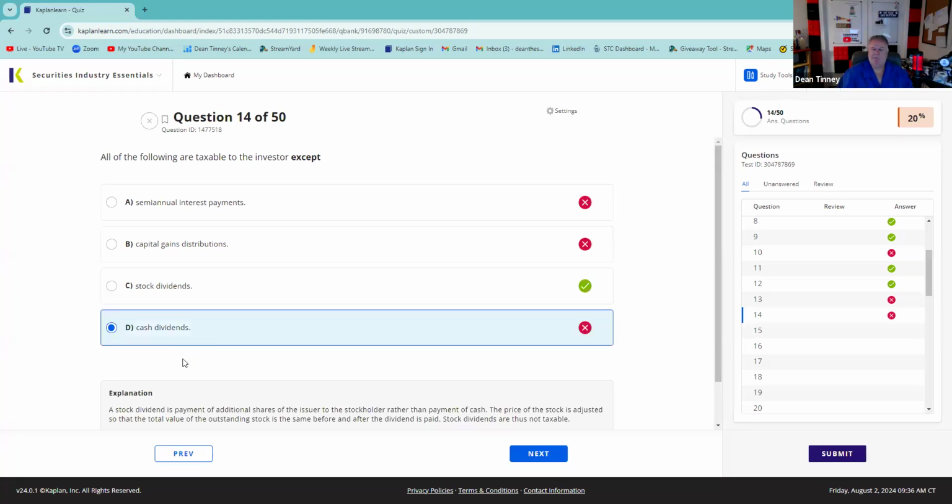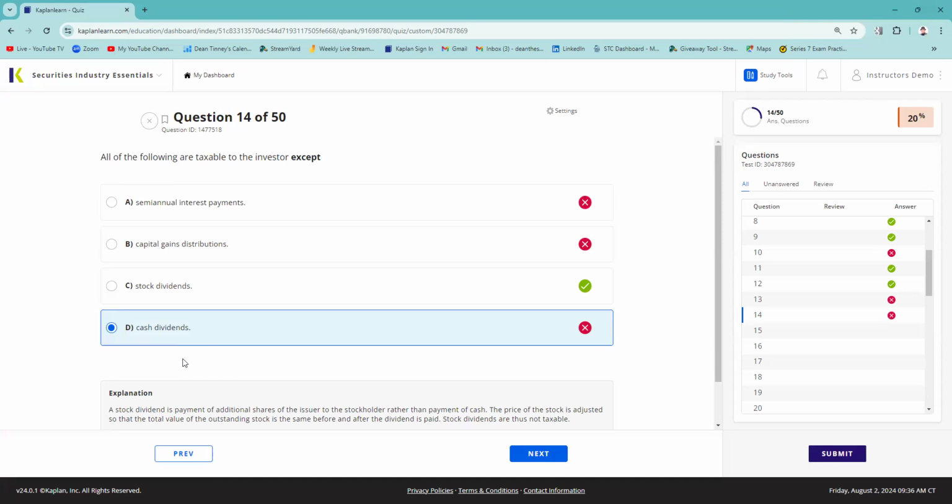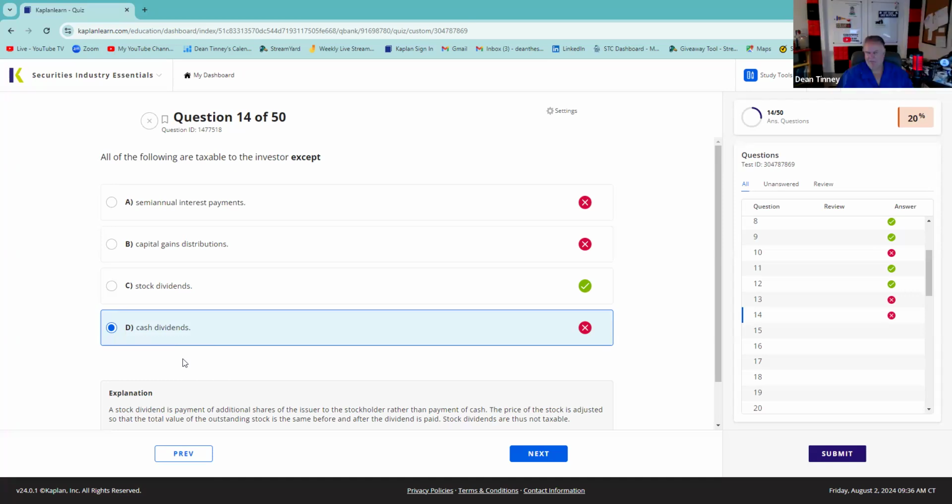It's the stock dividends that are not taxable, because you didn't receive any money. I just call you and say, hey, Allison, Chipotle just paid a 10% stock dividend. You go, Dean, what's the consequence of that? I say nothing. You have 10% more, so does everybody else. You just have to adjust your cost basis. You have more shares at a lower price.